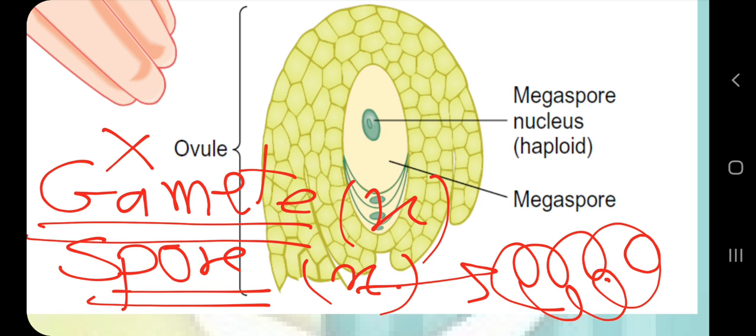Then this zygote will give rise to another individual, whether by mitosis, by making several cells of a sporophytic plant or a human or a lizard or butterfly, or it will go into meiosis and produce spores. Again those spores will give rise to fungi or bacteria. So this is the difference. Never confuse, gametes and spores will always be haploid, and this will help you understand the type of cell division while producing these cells.